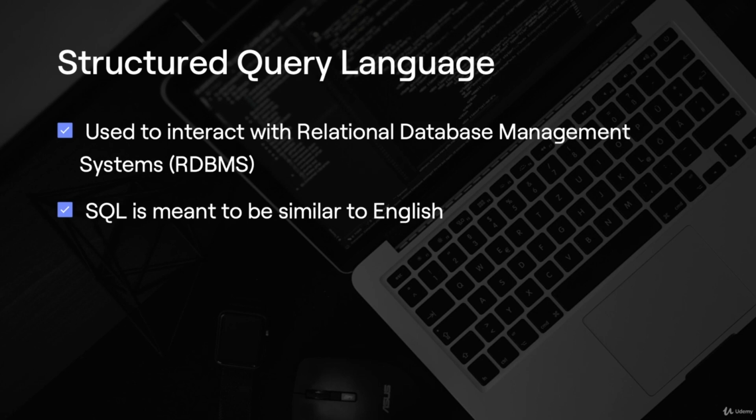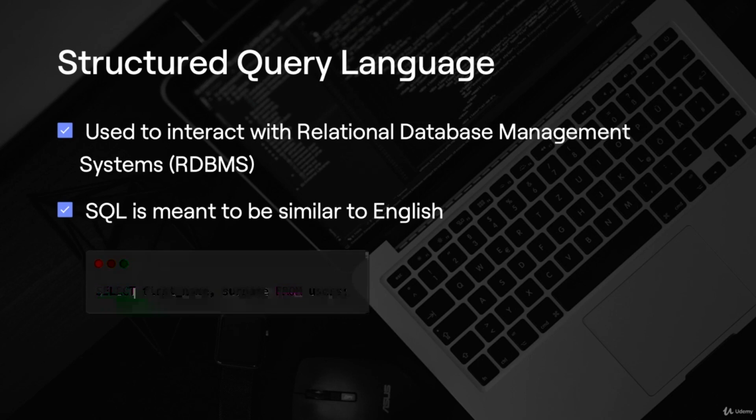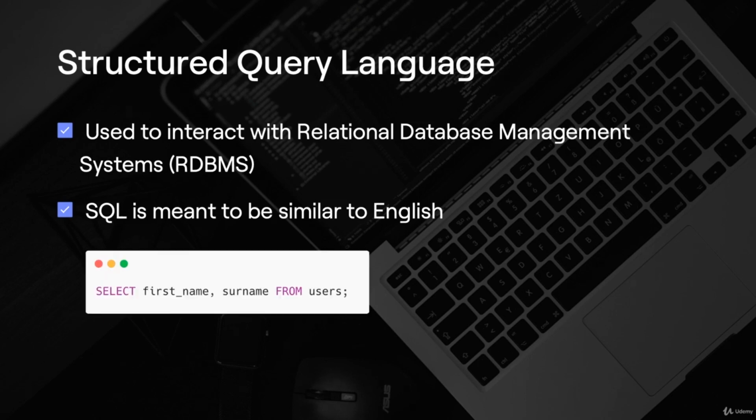And now, they're not exactly English by any stretch of the imagination. Here we want, for example, a SQL query command to find some data in a table. Here we're finding data pertaining to, that's what "from users" means at the end, and we're selecting the first name and the surname from each user. You can see how this is somewhat similar to English, but obviously